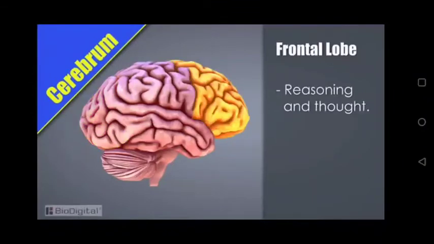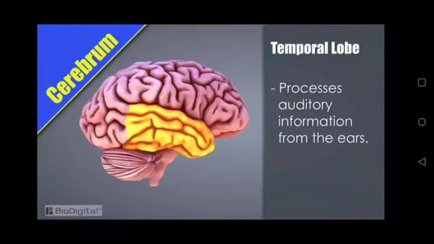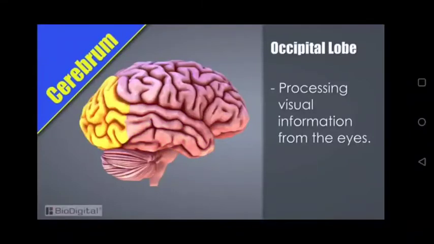The frontal lobe is primarily responsible for reasoning and thought. The parietal is primarily responsible for integrating sensory information. The temporal is responsible for processing auditory information from the ears, and the occipital is primarily responsible for visual information